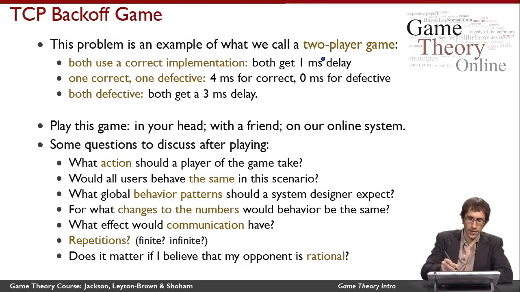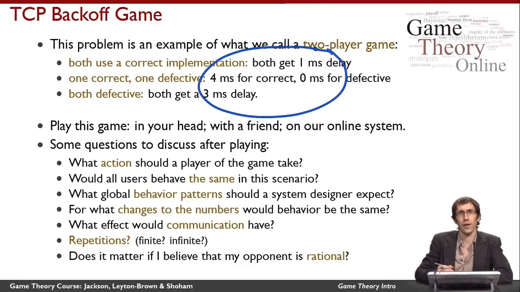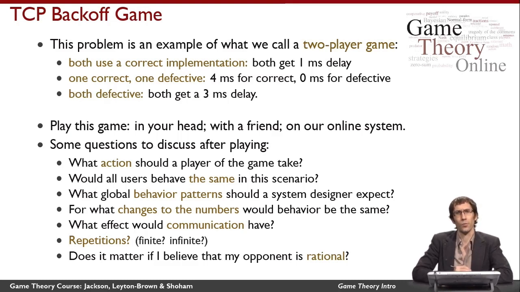You'll notice that these numbers that I came up with here are a little bit arbitrary, and they're not very precise. It's reasonable to wonder how much these predictions that we can make about how the game should be played and what behavior would occur depend on those numbers. Is it the case that for slightly different numbers, we would expect to see very different behavior? What effect would there be if players could communicate with each other before they played the game in a non-binding way?